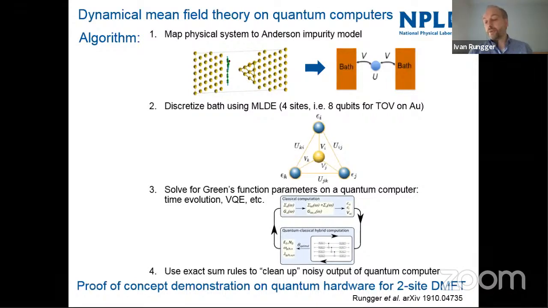Yeah, it's essentially the same Hamiltonian, obviously, because the Hamiltonian is a two-site system with some parameters. For me, the way I obtain the parameters is specifically from density functional theory. But you could do a quantum chemistry calculation. And again, there are embedding methods within quantum chemistry that are slightly different from DMFT. They use the wave function, for example. We use the Green's function. But these are technical details.